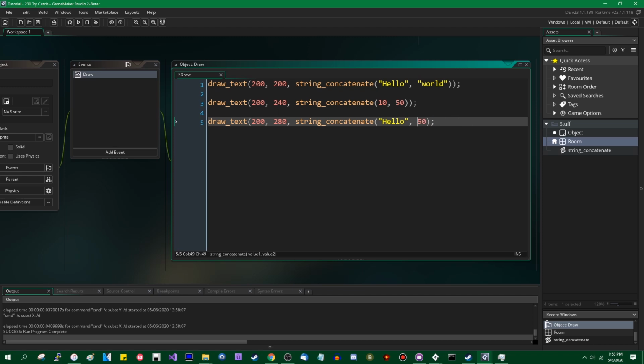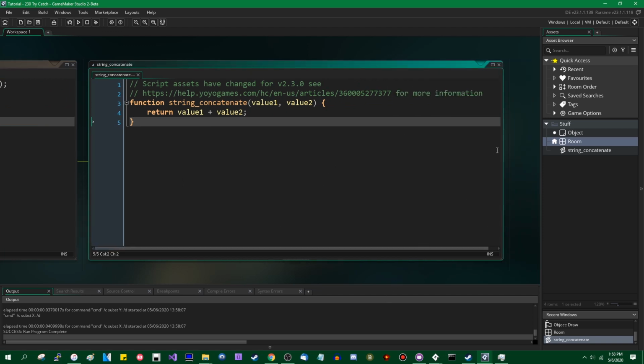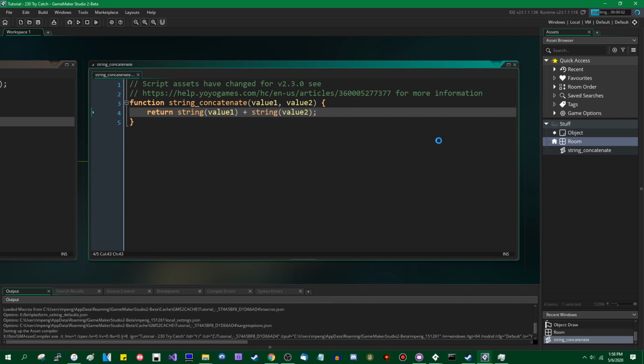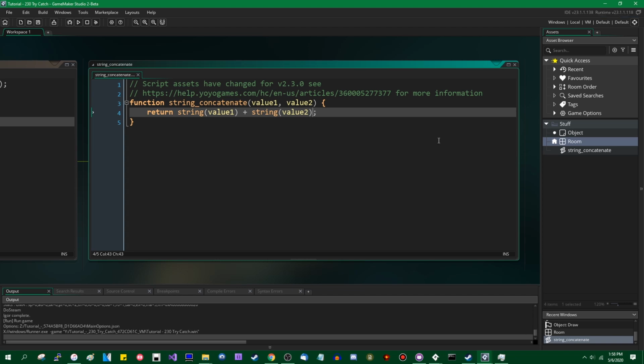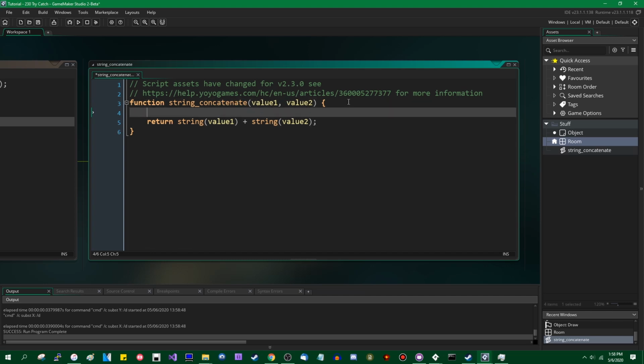Again, not the point. So in previous versions of, I'm missing a parentheses there. In previous versions of GML, up until 2.3 on the 23rd of April 2020, you would have had to have done something like cast them both to strings manually inside the string concatenate function. You could also potentially reject the input. There you can see we have 10 and 50 being jammed together to form 1050 instead of adding them to form 60. You could say if not is string,